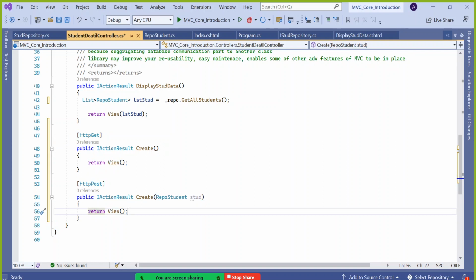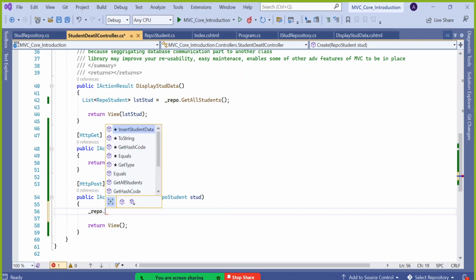Based on this, your view will be communicating. HTTP GET means display the view. That is called a blank view. HTTP POST means the user has already typed the data and clicked the submit button. Now post it. Got it? Now let's call that function here. Which function? The repository function. Already we have an insert function. No? So underscore repo dot insert